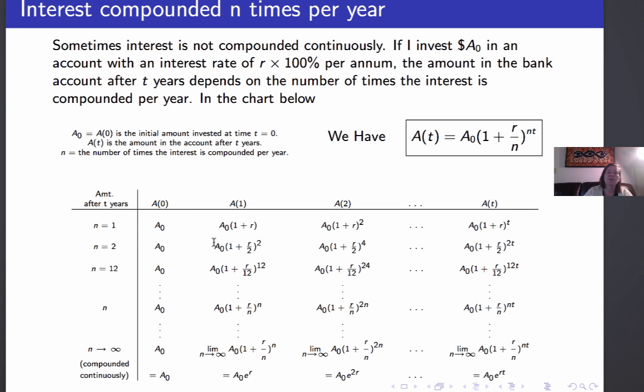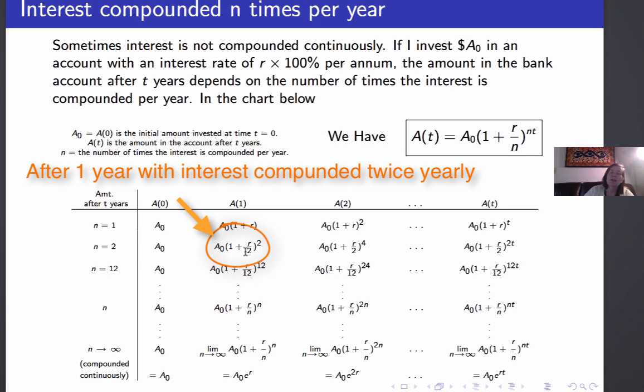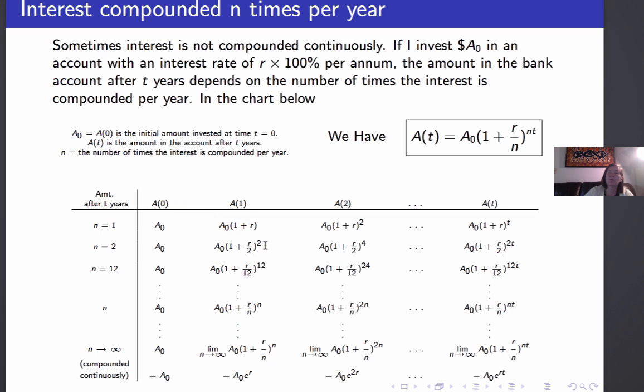In the next 6 months, that interest is applied to the A0 times 1 plus r over 2 dollars in my account. If that's the initial amount, the amount at the end of that next 6 months is that amount times 1 plus r over 2. So at the end of the first year, I have A0 times 1 plus r over 2 squared dollars in the account. So each year, the amount in the account gets multiplied by 1 plus r over 2 squared. So at the end of t years, I have A0 times 1 plus r over 2 squared to the power of t